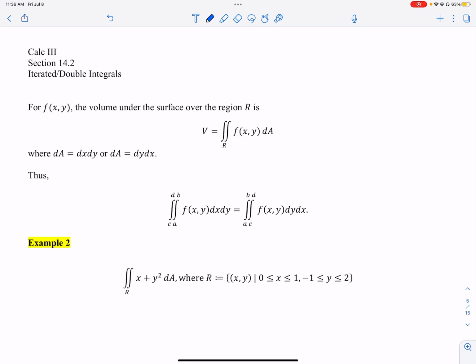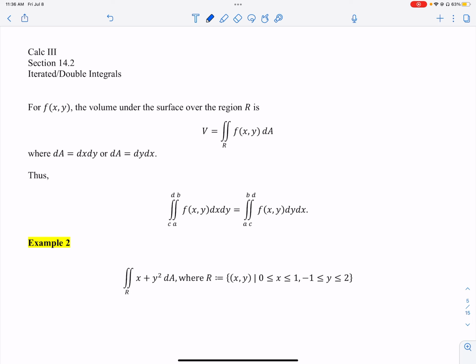In this video, we'll begin our discussion of section 14.2. This will be talking about iterated or double integrals, which look pretty intimidating on the surface, but actually are just backward integration with respect to one variable or the other. We're going to lead into triple integrals in the next coming section. So the volume of a surface over a region,